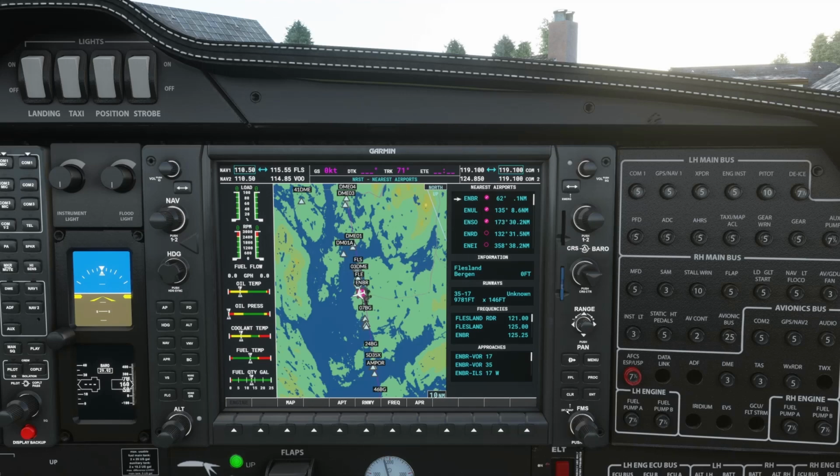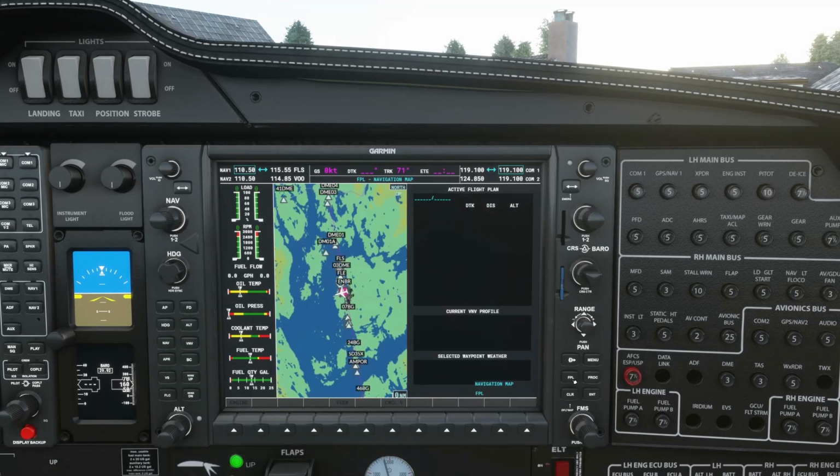So right, where are we? Flight plan. Okay, so we are at Flesland at the moment. So let's put Flesland into the flight plan. All right, so much easier to create it from here than the other window. Okay, so we click on the knob here, the FMS on the top of it, and there you have a flashing cursor waiting for input. So we'll just dial in